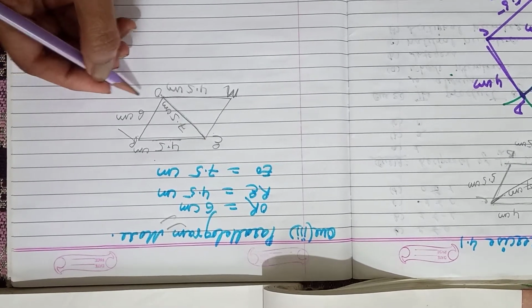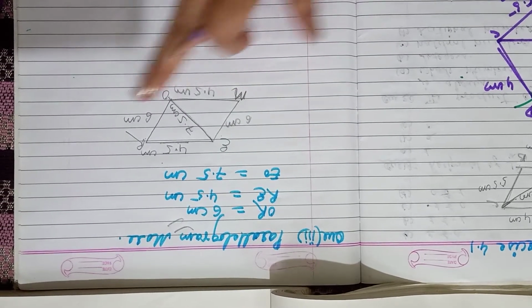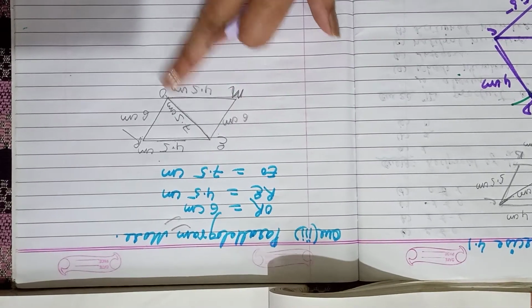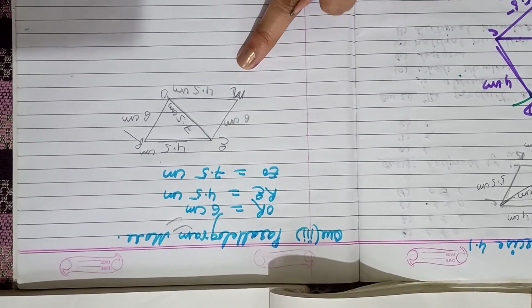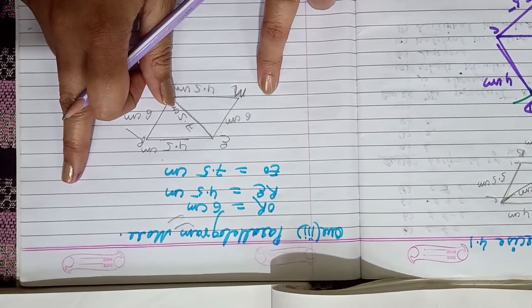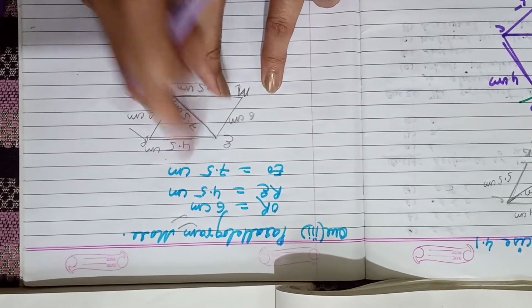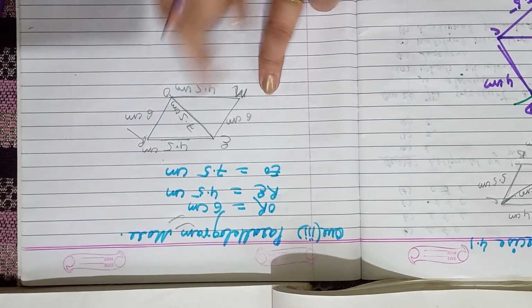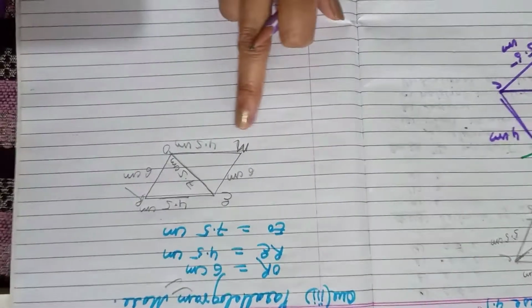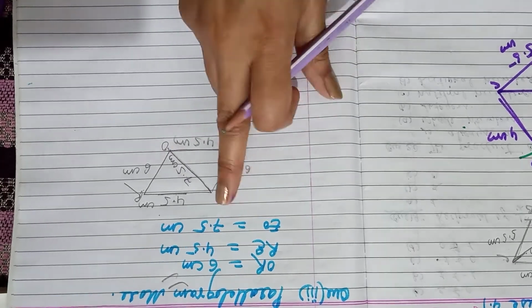In the same way, since the length of OR is given, ME is also 6 centimeter. So in this way we find the lengths of the four sides of parallelogram MORE and diagonal EO. Now it is very easy to construct the parallelogram MORE. Here we write the property of the parallelogram: the lengths of opposite sides are equal. Using the property we find the rest of the lengths: MO equals ER, and ME equals OR.